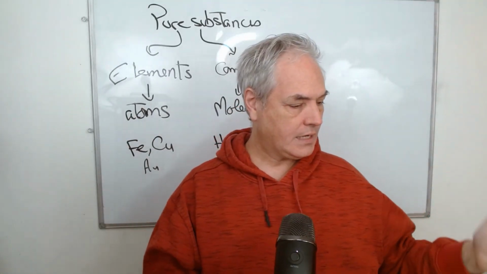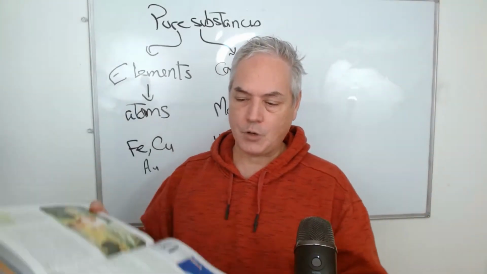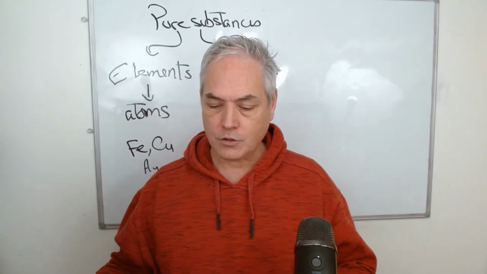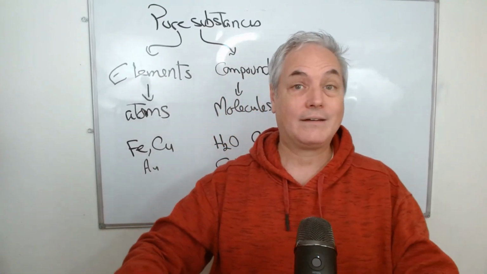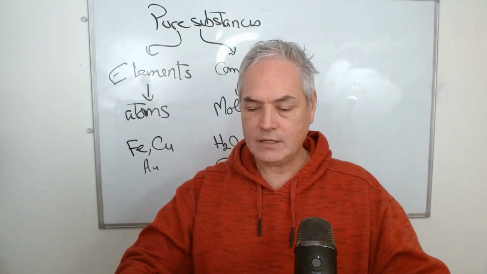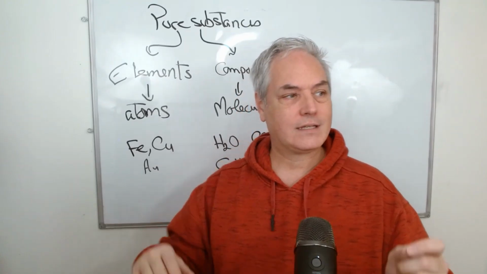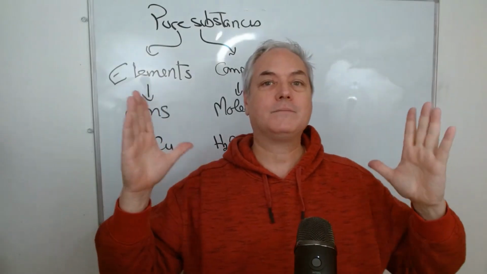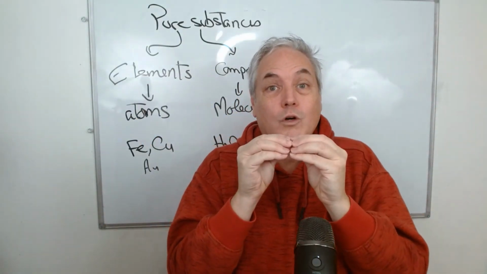Very nice. The next one we're going to talk about will be the particle theory of matter. There are 5 points that we have for you. The first one is that all matter is made of small particles. As I mentioned, I can have a piece of aluminum that I break down into smaller pieces, all the way to one